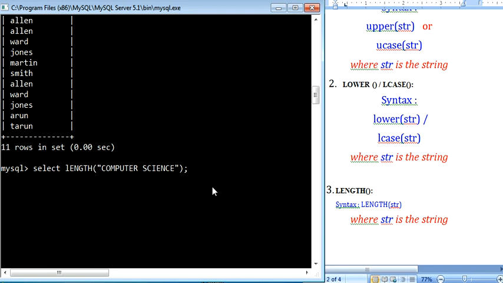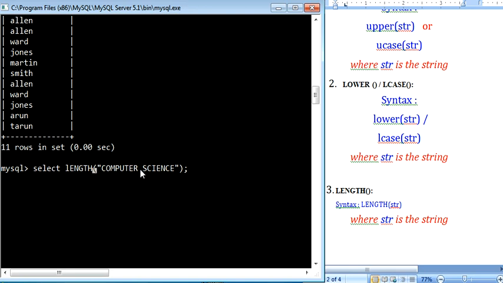The point to be remembered here is that whatever comes in between these inverted quotes, be it a character, a digit, or a special symbol, everything will be counted and displayed. Here we have a space, which is also included in the length count.